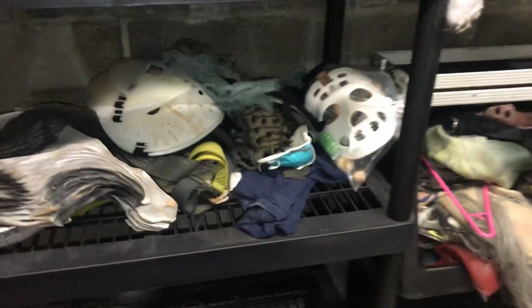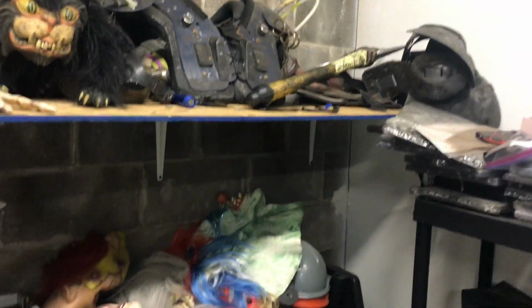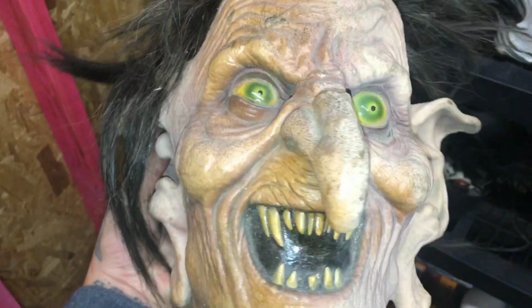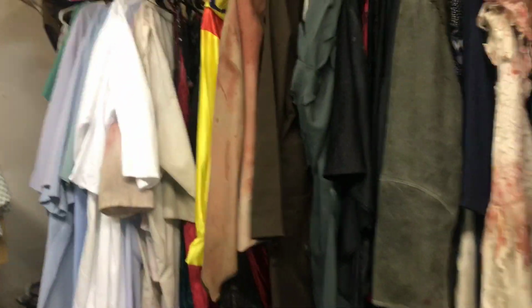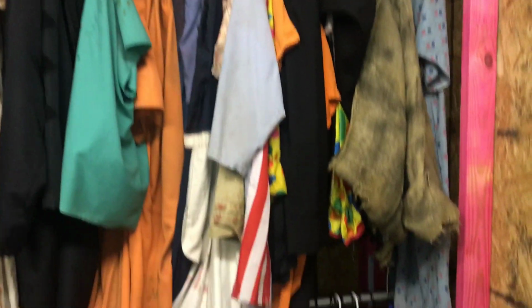So let's go over here, and I can show you our costume room. So this is our costume area, and I have tons of props in here. Shoulder pads to make people look bigger. This is a pretty cool mask here. I believe this is from Legend. It's actually probably, this is not an actor mask. This is actually probably a pretty decent mask. But anyway, more masks, wigs, helmets, lighting, a lot of weapons, props, and then of course all of our clothing. So we have tons of stuff here,